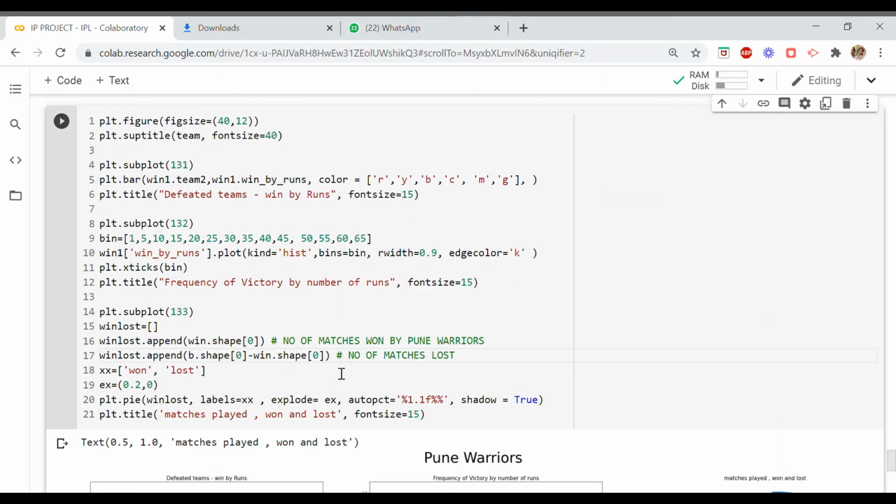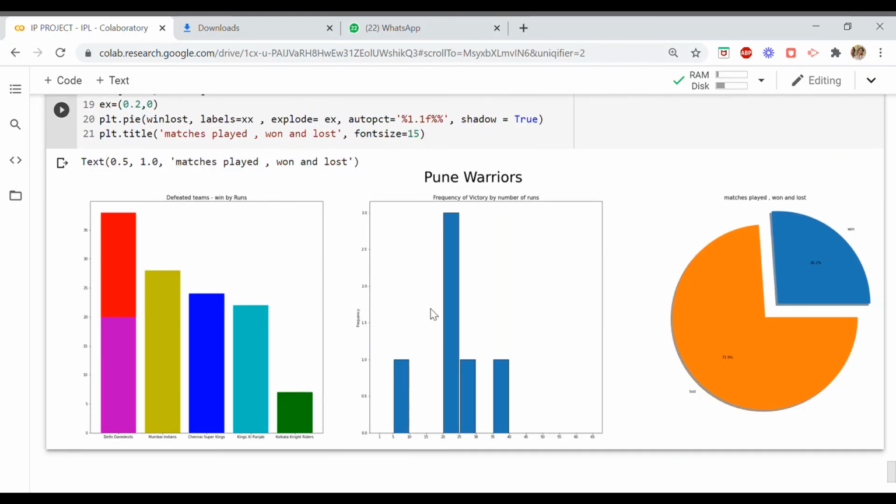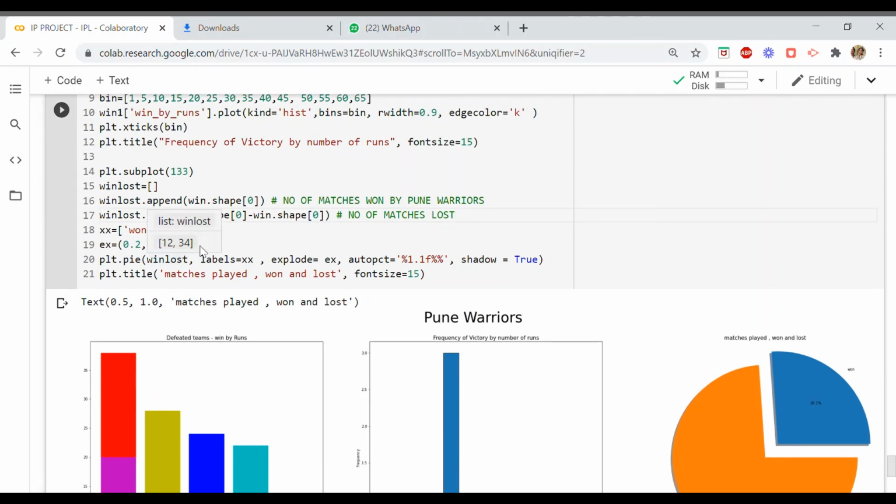Number of matches lost. So now 12 and 46 minus 12, these are the matches lost. So now, what about the labels? Because the labels I have to create myself, I am writing two labels over here, won and lost. This will be marked on the slices of my pie chart.